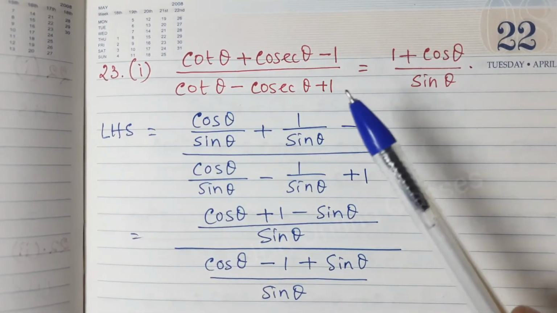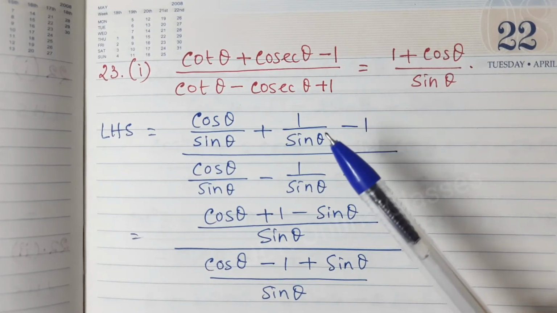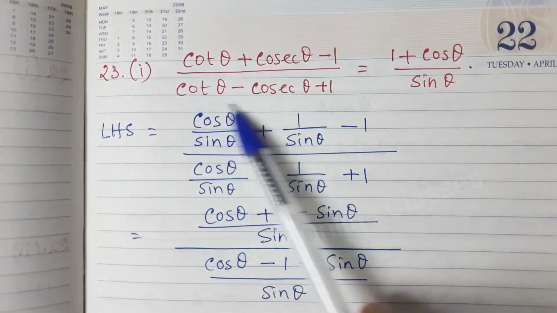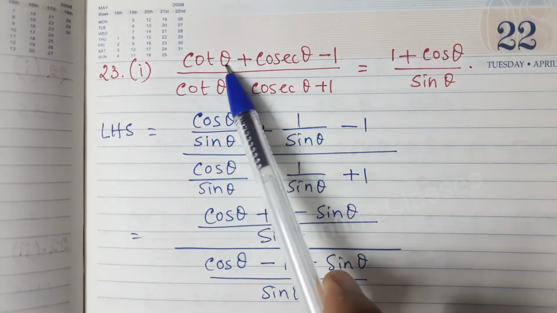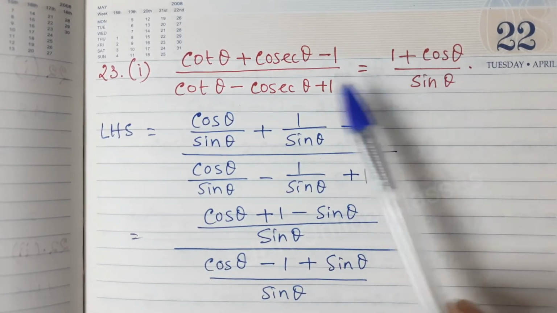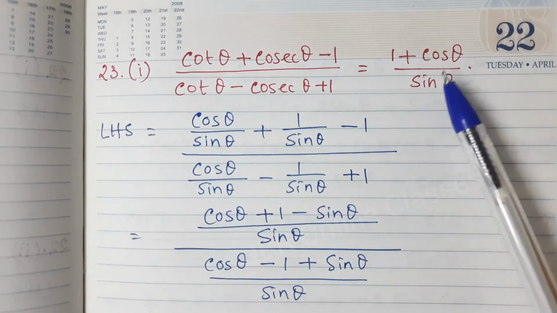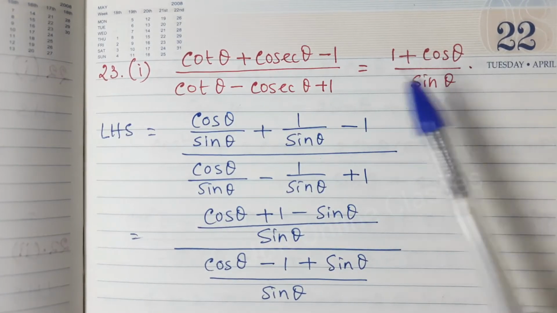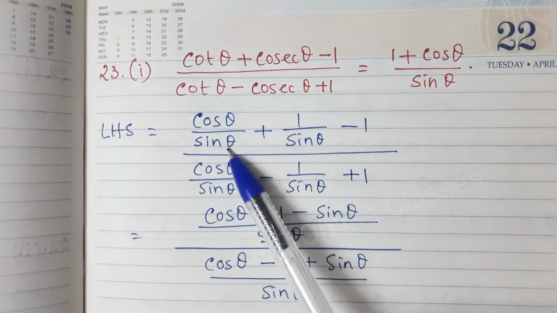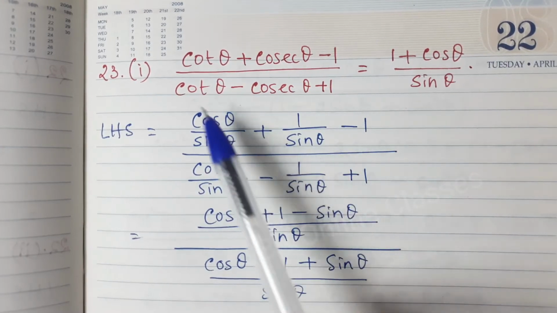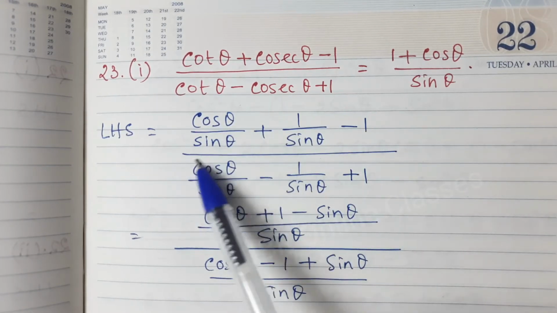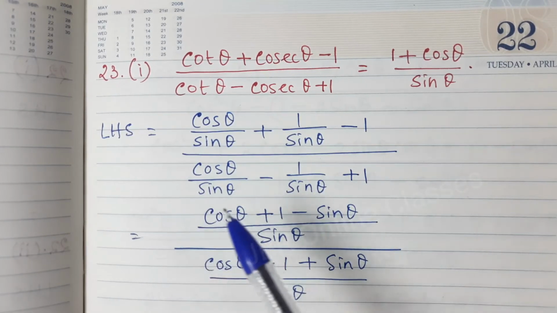This is a very important problem, and this problem will be a little big. So let's see. Here in the left hand side, you see cot theta is present as well as cosec theta, but they are not present in the right hand side. So in that case we will write them in terms of cos and sine. So cot theta is cos by sine, cosec theta is 1 by sine. Similarly in the denominator also. So this numerator term we will do the LCM. Similarly in this denominator term also we will do the LCM.